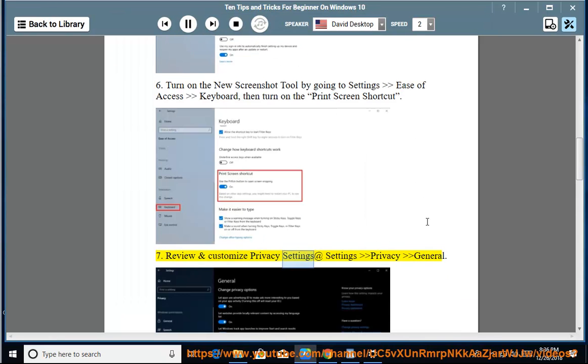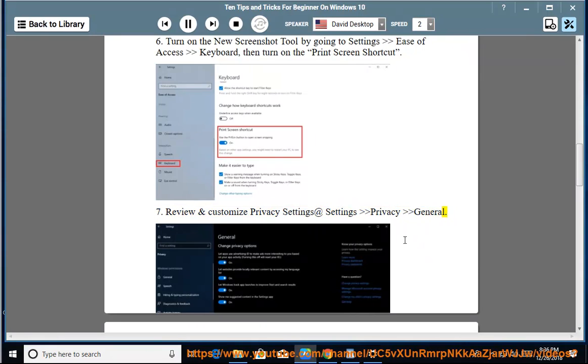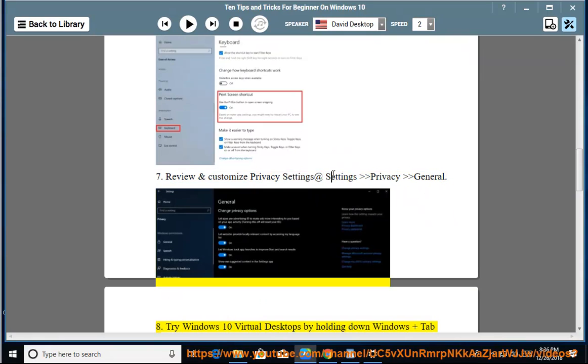Review and customize privacy settings at Settings, Privacy, General. 8. Try Windows 10